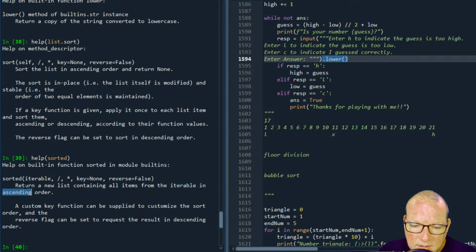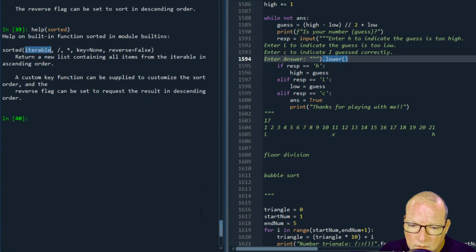So it creates a new list, iterable. So now, it does not say list. So this is important. Returns a list containing all items from iterable. It does not say list here. So this is very important. So let's look at this.